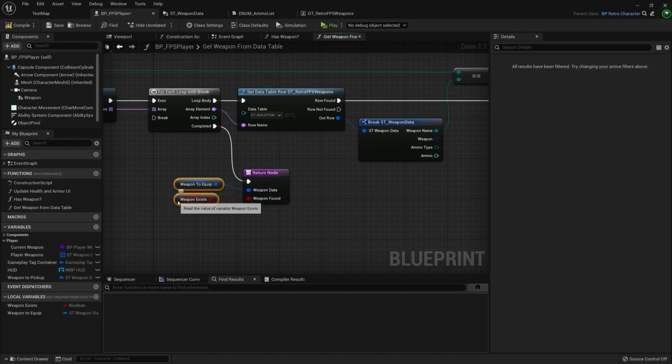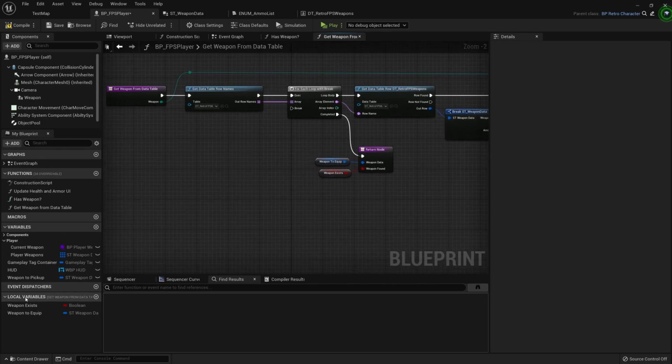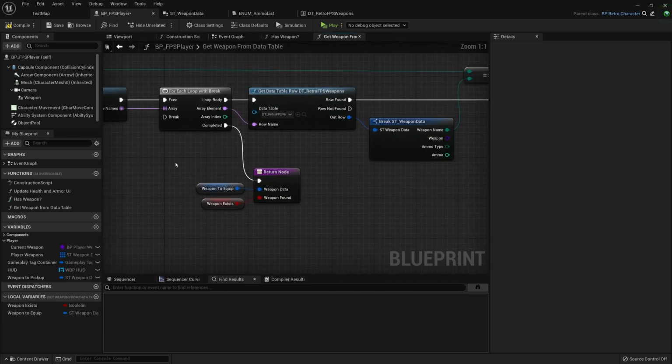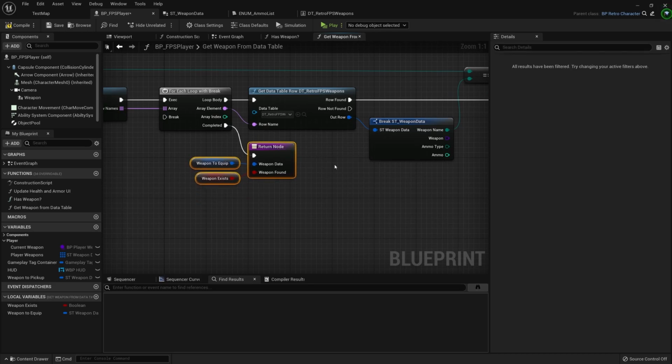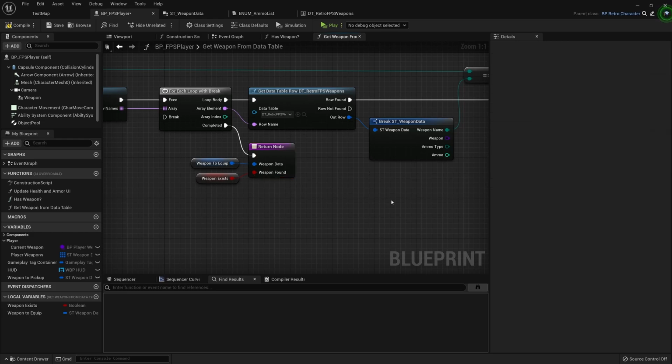And the reason I'm doing this is because every time this function fires, local variables will be default. So weapon exists will be false and weapon to equip will be nothing. So it only is going to pass information if it's updated or new.